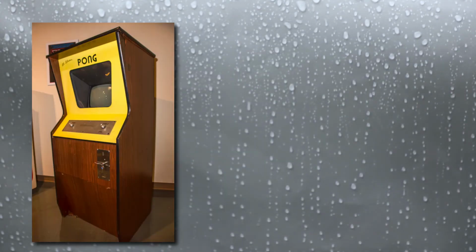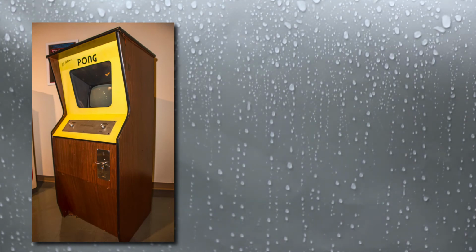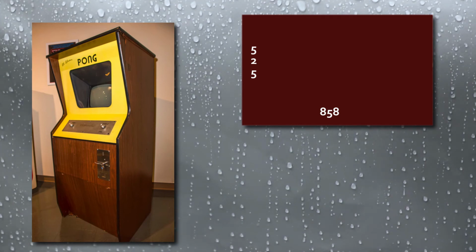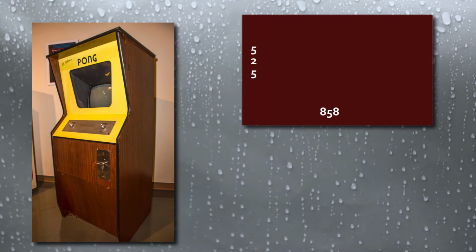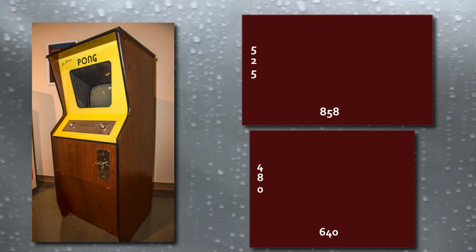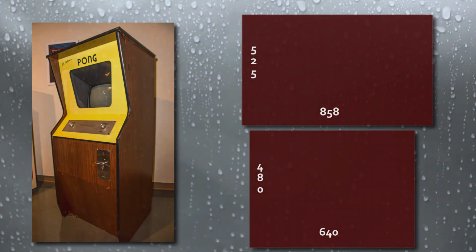As I went over last video, Atari's Pong used a retail TV to display their game. I know that while the specs boast 858 by 525 resolution, the vertical scan lines that are visible on one of those TVs was actually 486. I don't know the specific timings of Pong, but I believe 858 horizontal is probably larger than it was in practice. So I'm just going to assume it's 4:3. Since I'm going to make my game like the original Pong, I've picked out the resolution 640 by 480 to base all my graphics around. It's close enough to the original that I will be happy with that.